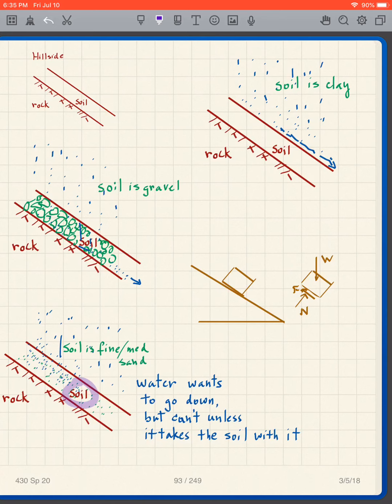The water wants to move downhill and it takes the soil with it. In a sense, it's your classic weight on a ramp problem that you did in your statics class, and we can analyze it. We have a weight here, we have a normal force, we have a friction. We're not going to go through the details of that analysis, but